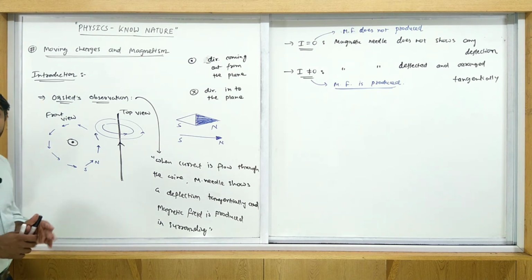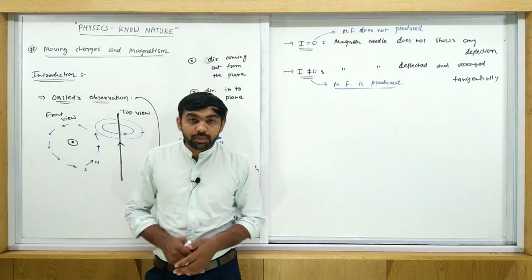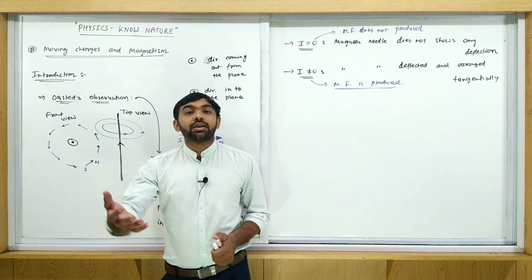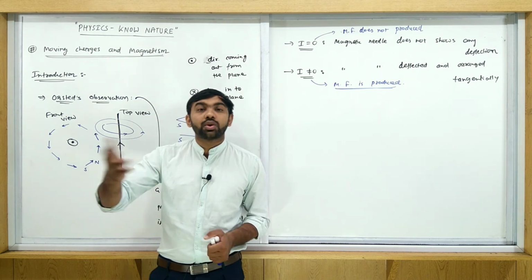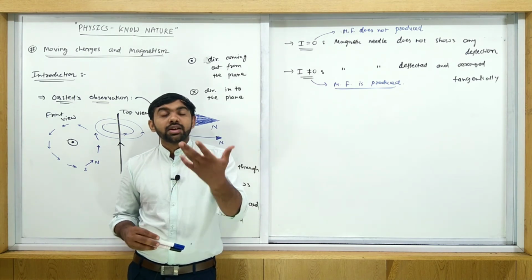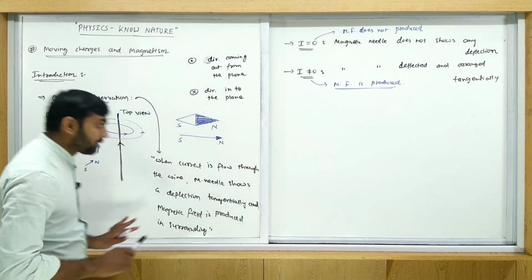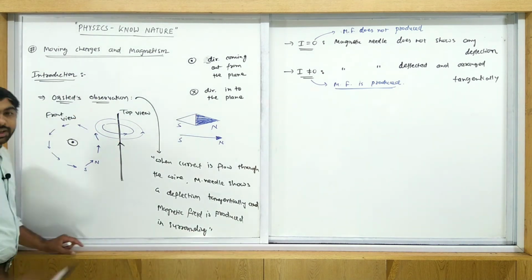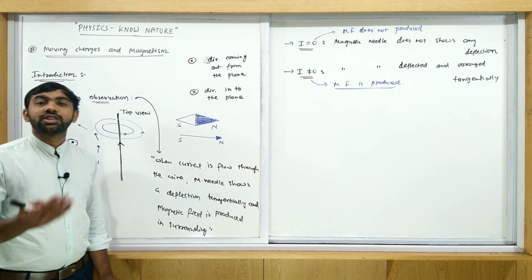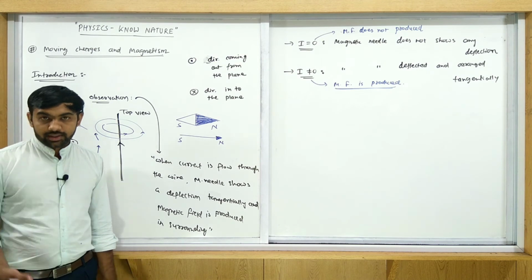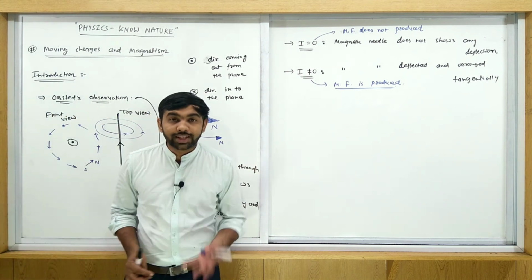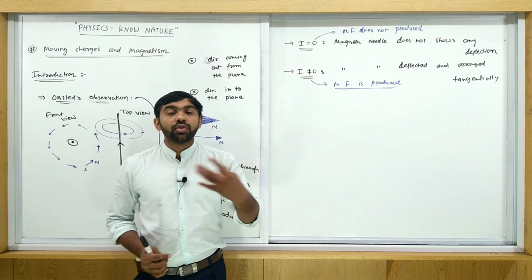Initially, a magnetic field is produced by the Earth. That's a very well-known thing. But electric current, that is moving charges, also produces a magnetic field. Electric current means what? Moving charges. That is another thing we have to know in this chapter. So that's moving charges and magnetism. In this chapter we study the magnetic field produced due to moving charges, and the force on moving charges.